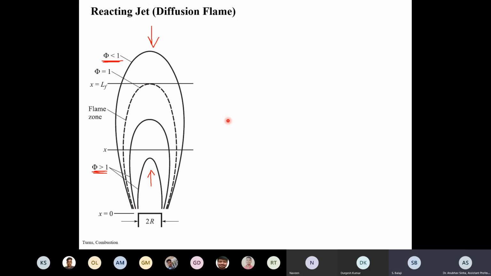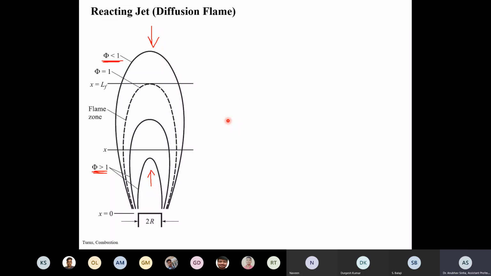Sir, if the flame stabilizes at the phi equal to 1 line, outside we should have phi equal to 0, not phi less than 1, right, sir? Because the flame should burn everything. Otherwise, phi should be very much less than 1 or really close to 0. It should be like that, right, sir? Because the fuel is passing through the flame front and then it gets burned up mostly, at least. So basically, fuel mostly gets burned out, but there will be some.